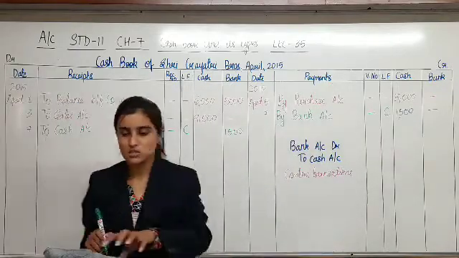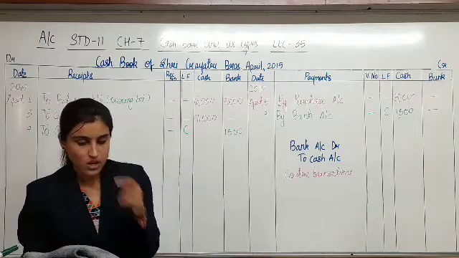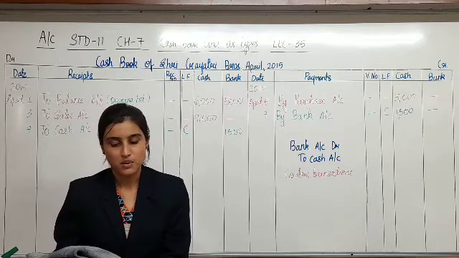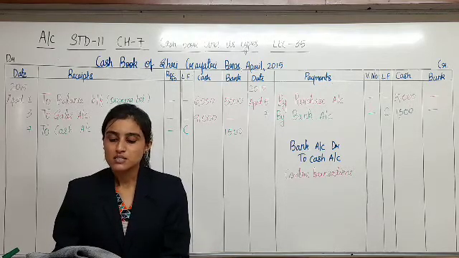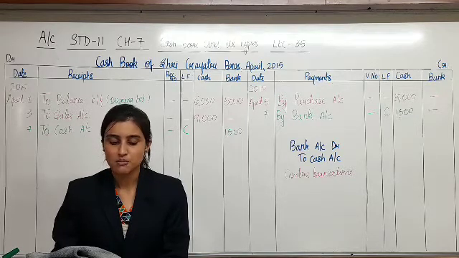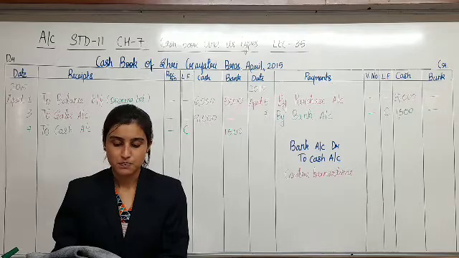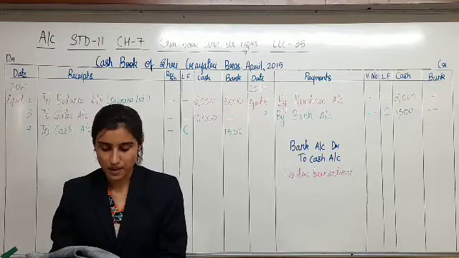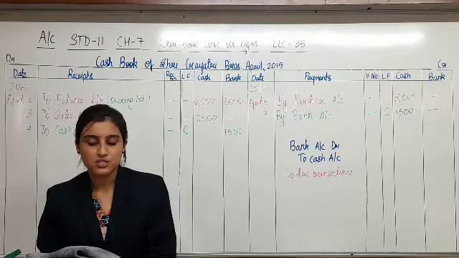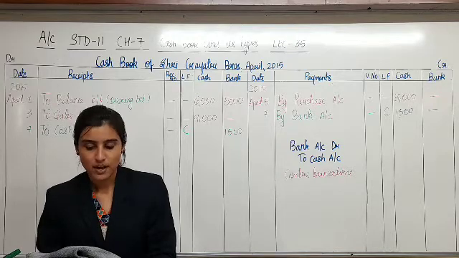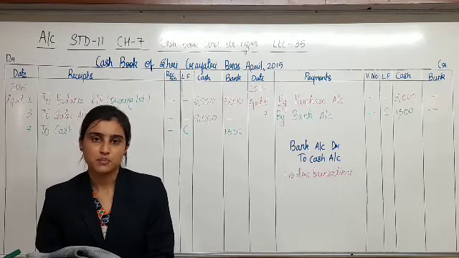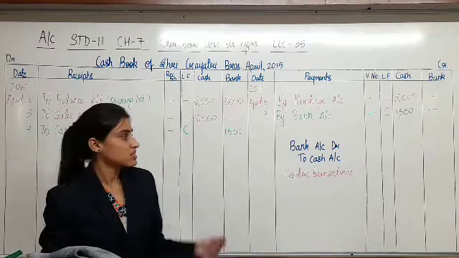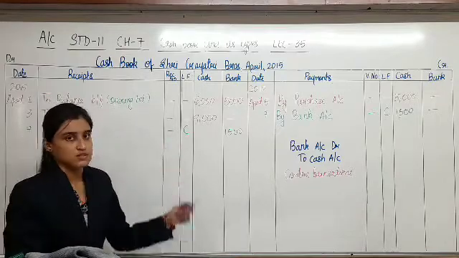The theory of this is given on page number 164. You have a topic, contra transaction. Let me read it and explain the same. Contra transaction means such financial transaction in which cash and bank, both the accounts get affected. Example, cash withdrawn from bank or cash deposited in the bank. This type of transaction is recorded on both the sides of cash book when cash and bank columnar cash book is kept. Whenever you are preparing cash and bank columnar cash book, this transaction will be recorded on both the sides of cash book.